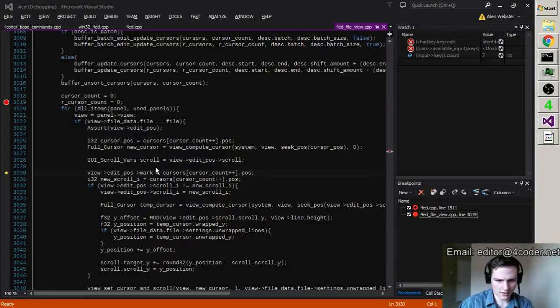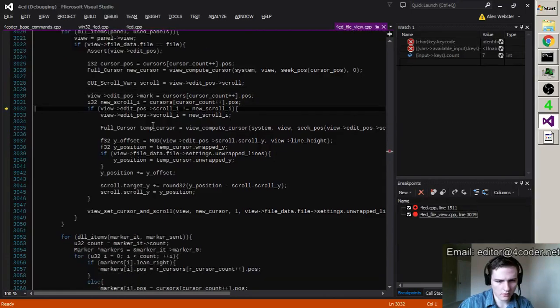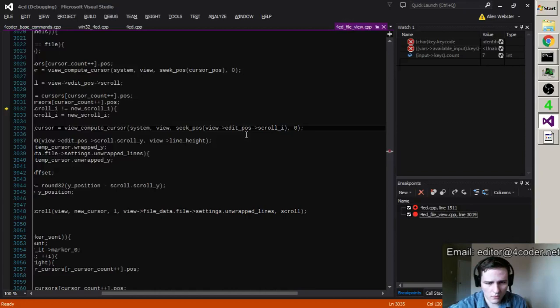Okay, so here we go. We're looking at a scroll now. This could be relevant. Here we set the cursor, here we set the mark, and then we compute the scroll I. Scroll I equals 0. Okay. This does not equal this. It does equal that. But if they didn't, then that would mean computing the cursor of the scroll.